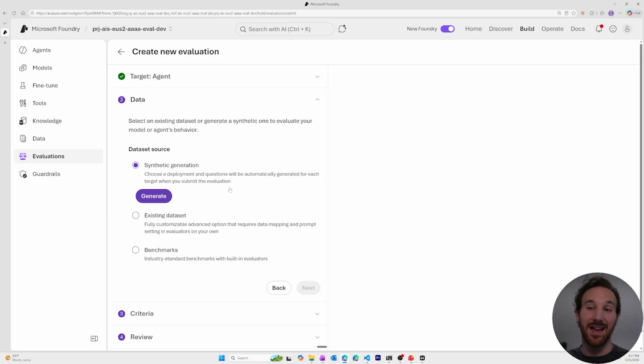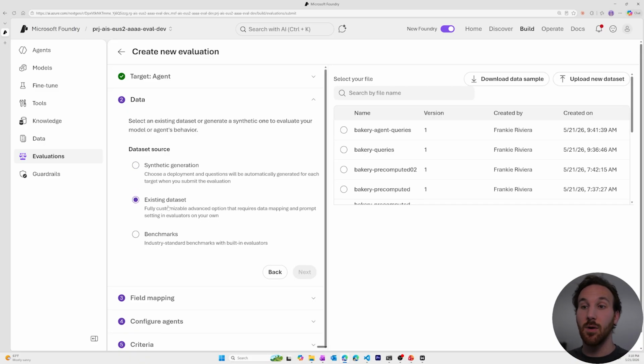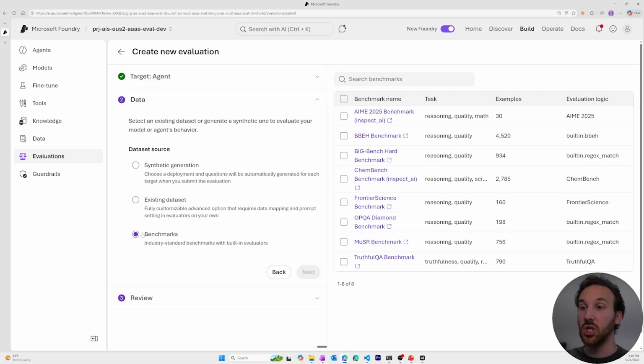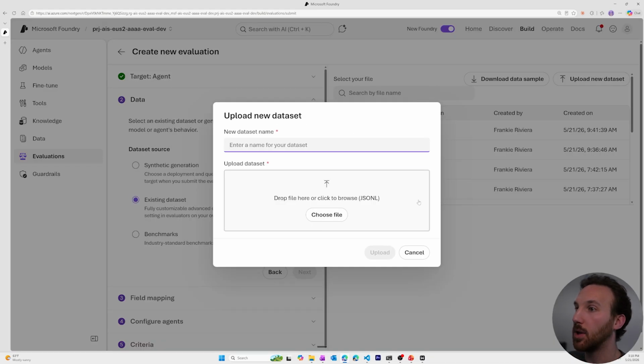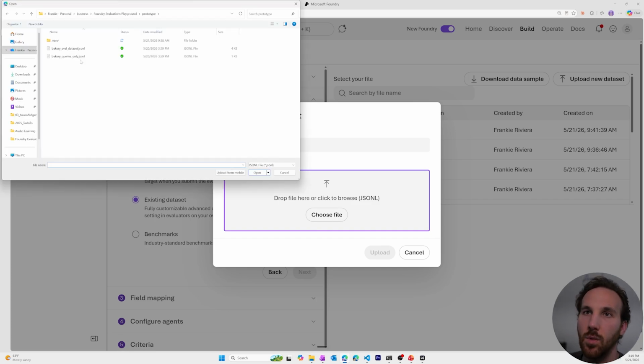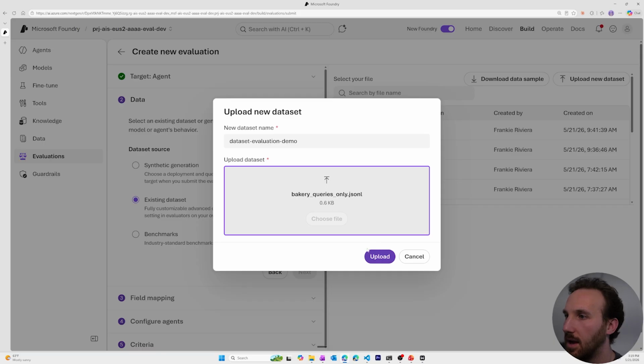Now, for the data, I have the option to generate my own data right here and run a test against that. I could also upload my own data set, which is what I'm going to do. If I wanted to measure against other benchmarks that already exist, I could do that as well. But we're just going to upload a data set. So I'm going to come over here and use upload a data set, choose a file. We'll choose our bakery queries only, which is a set of queries that my agent will then be using for